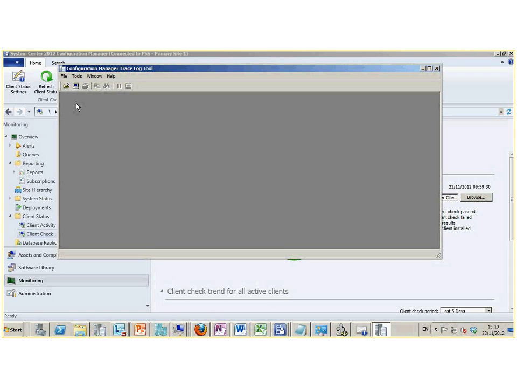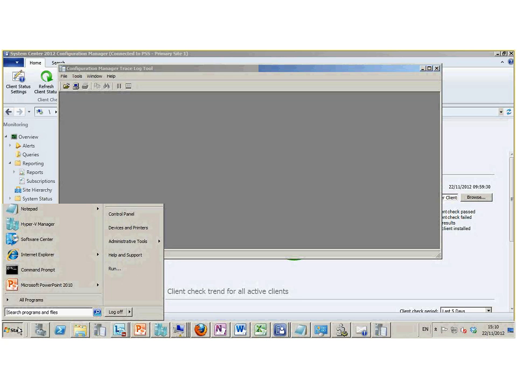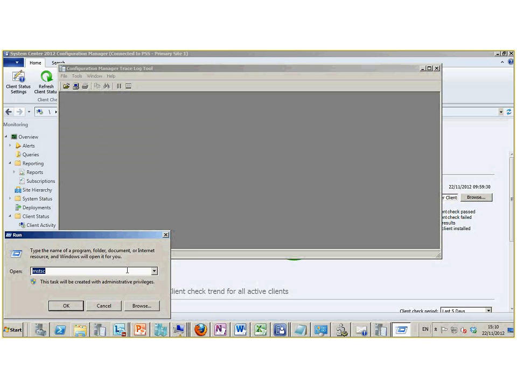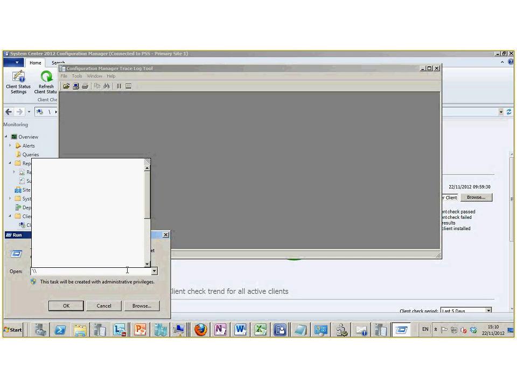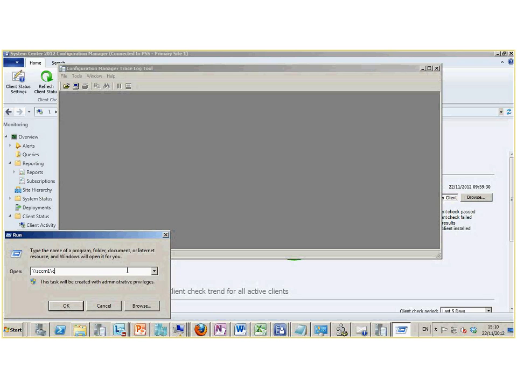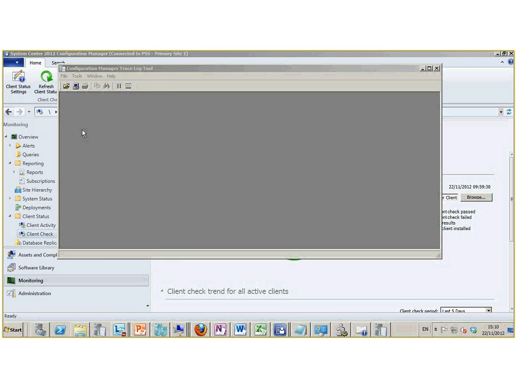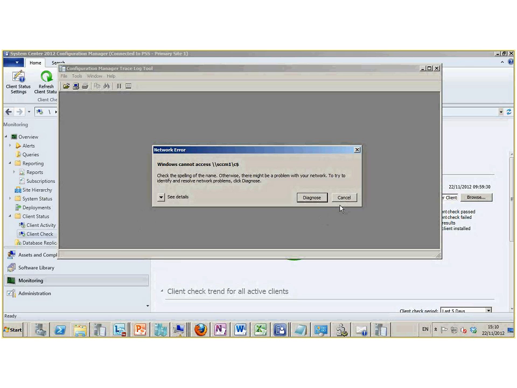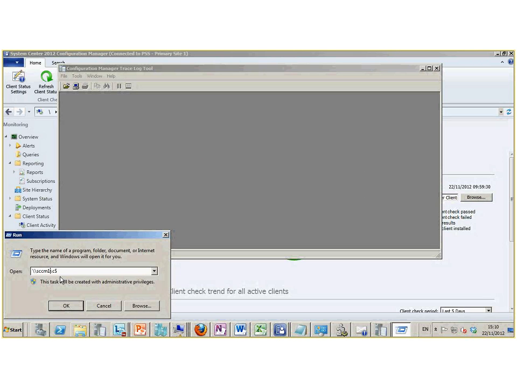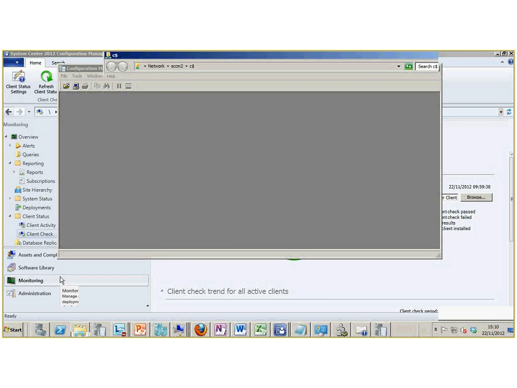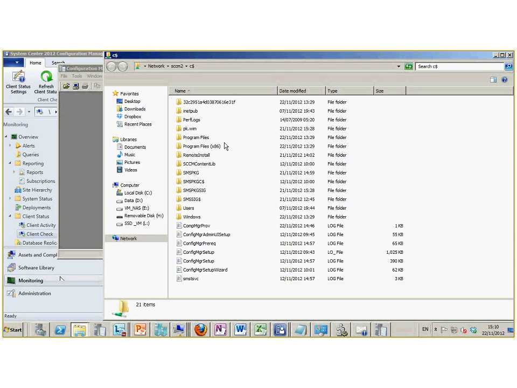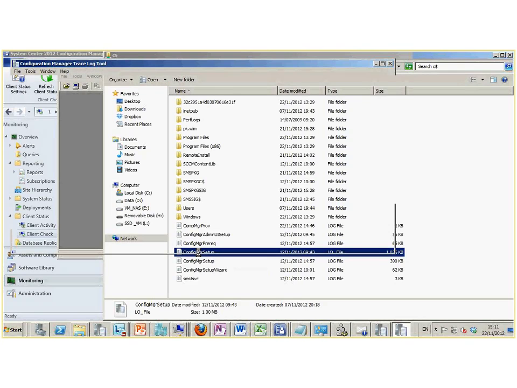You don't have to switch anything on. It just logs by default. So what does Config Manager log to and what's it doing? If I just go to \\SCCM1\C$ and have a look here, by default, is it SCCM2? \\C$. Okay. By default, when Config Manager installs, you get your Config Manager setup log, and provided you read